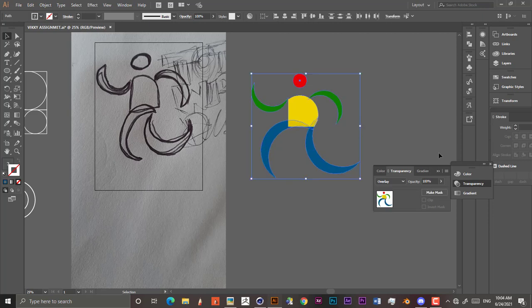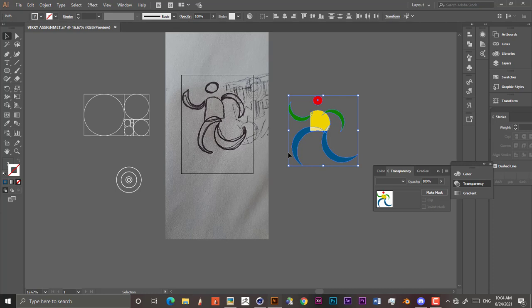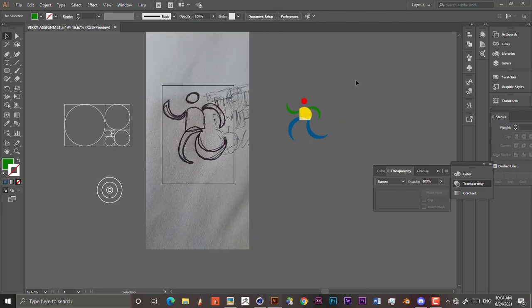Overlay. So that's how you work sometimes to see which blend mode works best for you, right? This is good too, but I think I'll just have to go with this screen. Let's try multiply. And so we select screen, so we screen it up. Yeah, so we screen it up and we're fine. Yep, that way, and it gives it more depth. So we have our logo drawn up right from sketch to digital art, and I hope